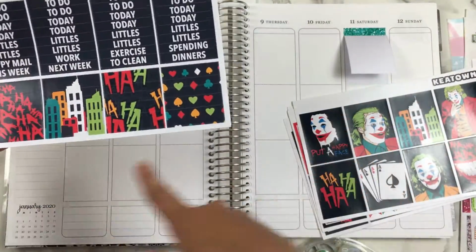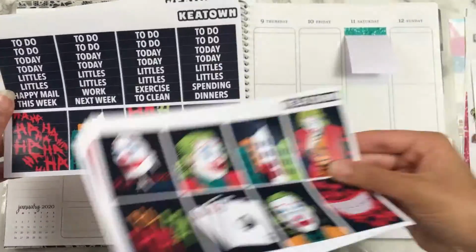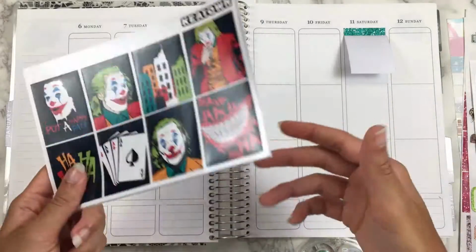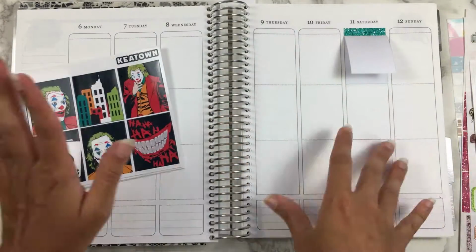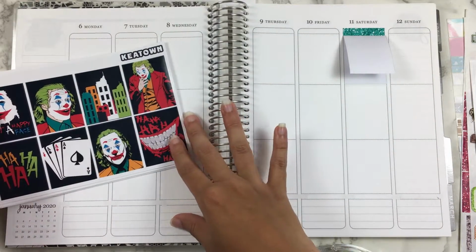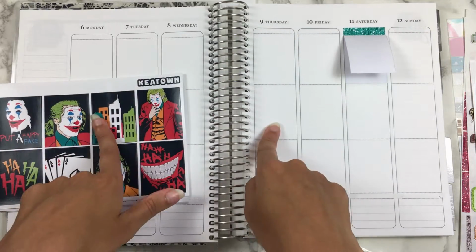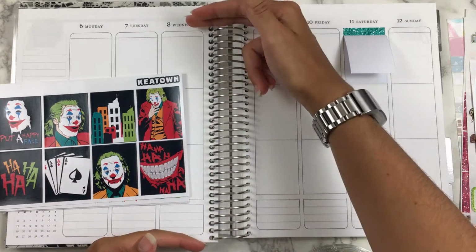I may layer that one over there because that's not already in a full box, and I can just use these as the washi strips because I don't use that many washi strips anyway. So I'm probably gonna have to white out a lot more, but I've watched a few videos on how to make this like the old format, so I'm gonna try to do that, and I am going to try to make it as exactly like the old format as I can, because I know that vertically